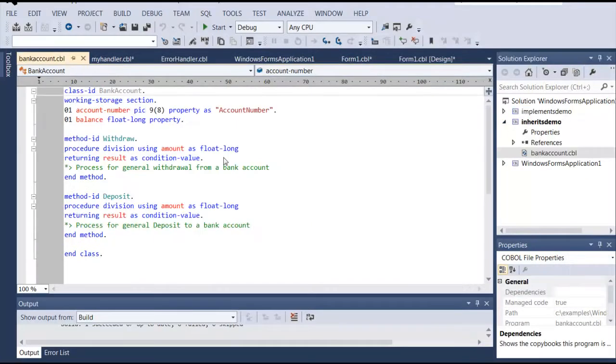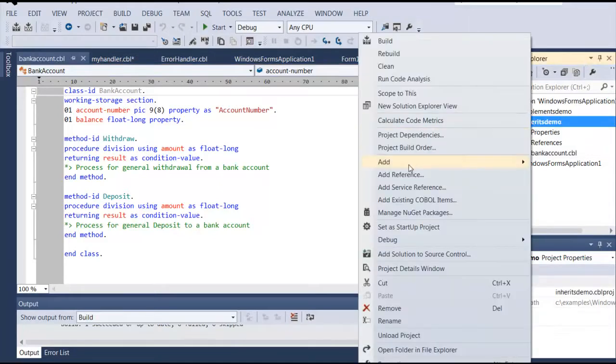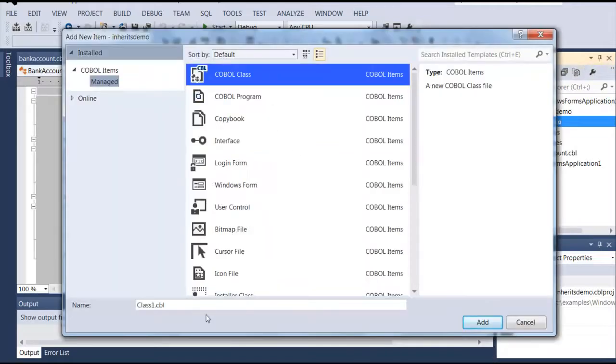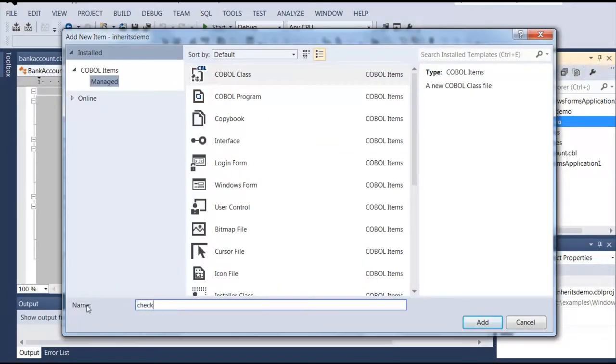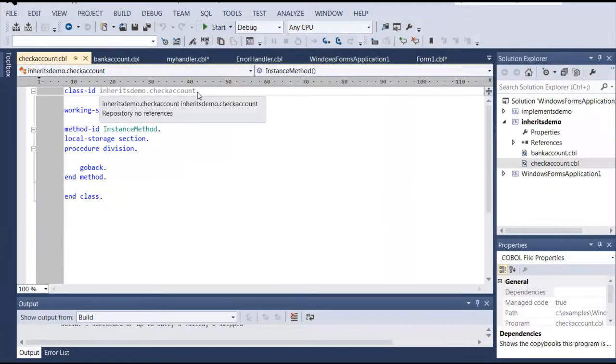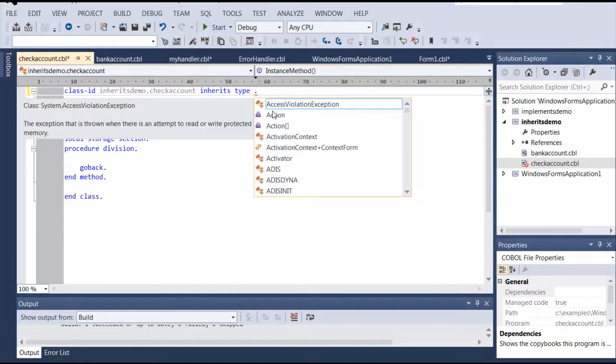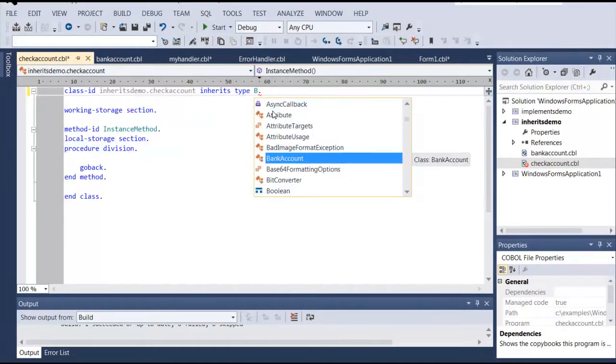The next thing we'll show, we have a program here called bank account that has a couple of methods in it, withdraw and deposit. Now if we wanted to inherit from this, we can override our class members and bring them into our new class, and I'll do that right now. I'll just go back to add, and we'll add a new COBOL class, and we'll call it check account. Okay, in check account we can say inherits type, and here's our list of types,